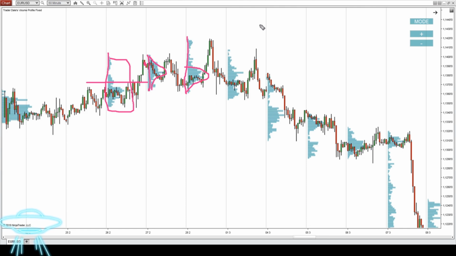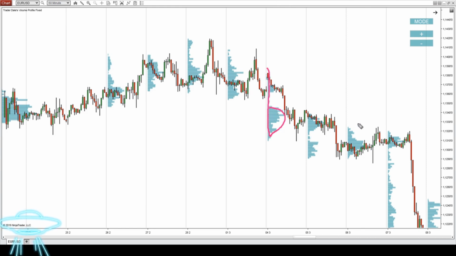sellers, aggressive sellers. After that, there's another sort of B-shaped profile. It's not as clear, but I would say that this is also a B-shaped profile, another sign of strong sellers. And by the way, if you look at the price action, you can see those aggressive rejections of higher prices, signs of strong sellers. Then the price shifts downwards